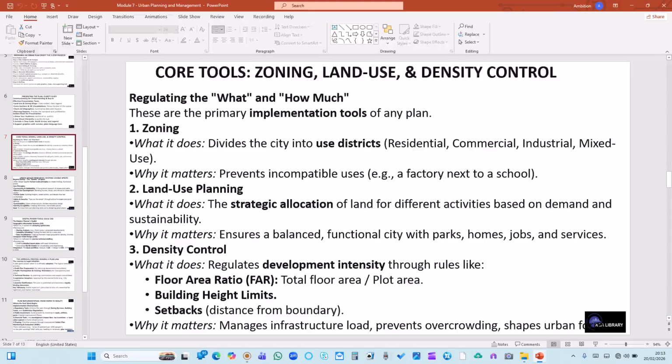Then building height limit, that is density control regulating building height. They will tell you the height of a building you must erect in a particular city. Then setback, which involves distance from the boundary. So it will involve the distance between your house and a particular boundary. Why does it matter? It manages infrastructural load, prevents overcrowding, and shapes urban